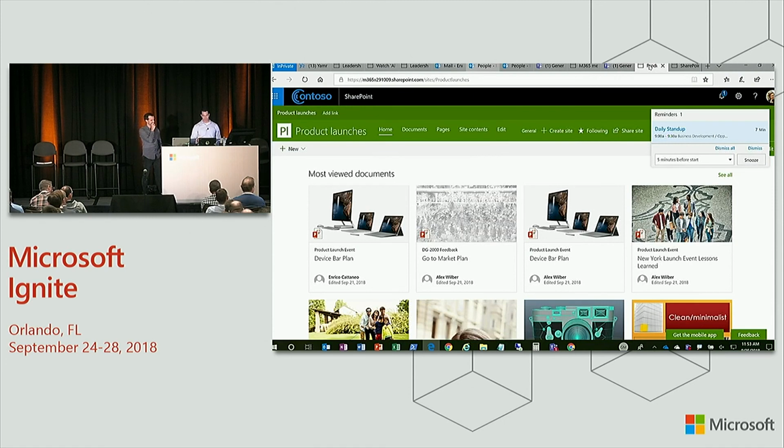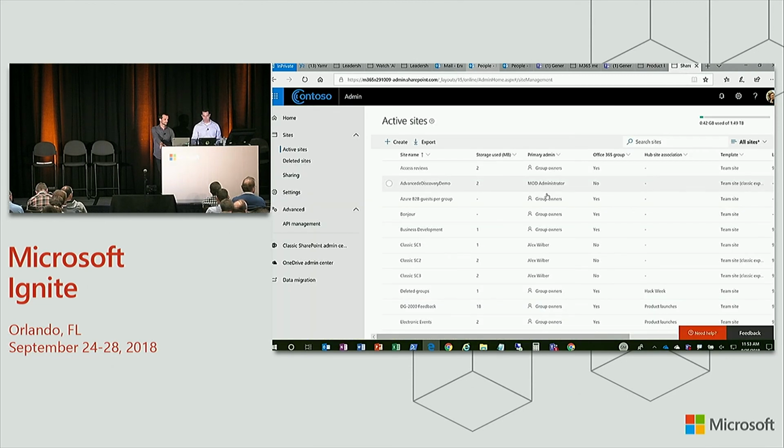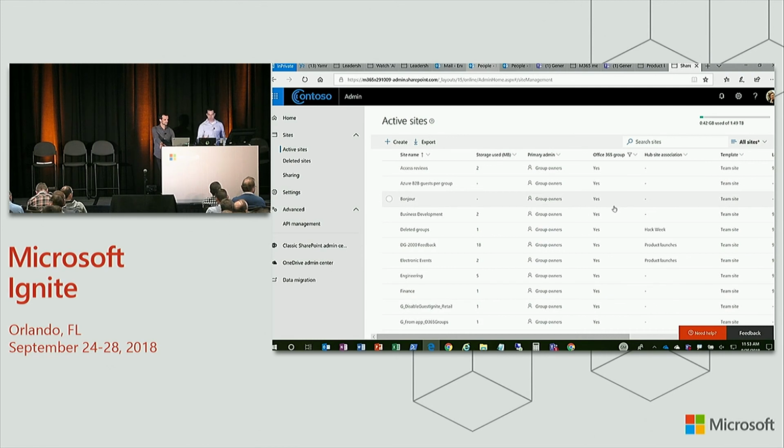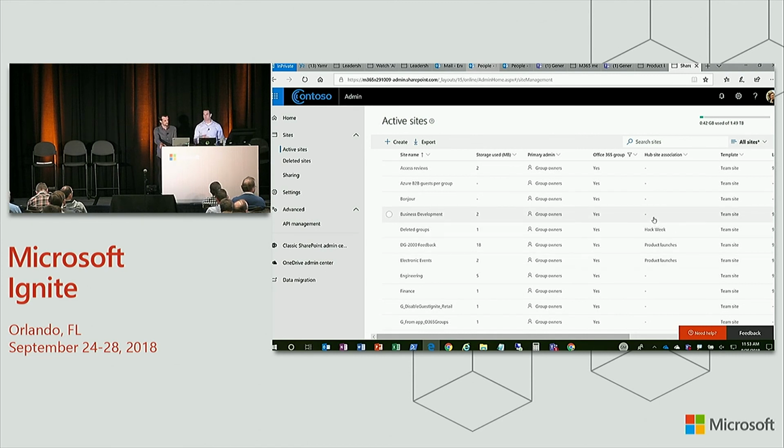Great, so the last demo I'll show before handing off to Christoph is the fact you can take those sites that have been created and you can now connect them to your hub sites in SharePoint. The hub site concept was introduced a little while ago, and it allows you to connect multiple sites together so that the content is aggregated, and then you can perform search and other activities across these connected sites. So here I have a hub site in SharePoint where I have multiple sites connected, and when I flip over to that new SharePoint Admin Center, like Christoph mentioned earlier, I can filter on the sites that are connected to my Office 365 groups. So here I can look, oh great, these are all Office 365 group connected, and I only have a few that are actually connected to my hub sites.